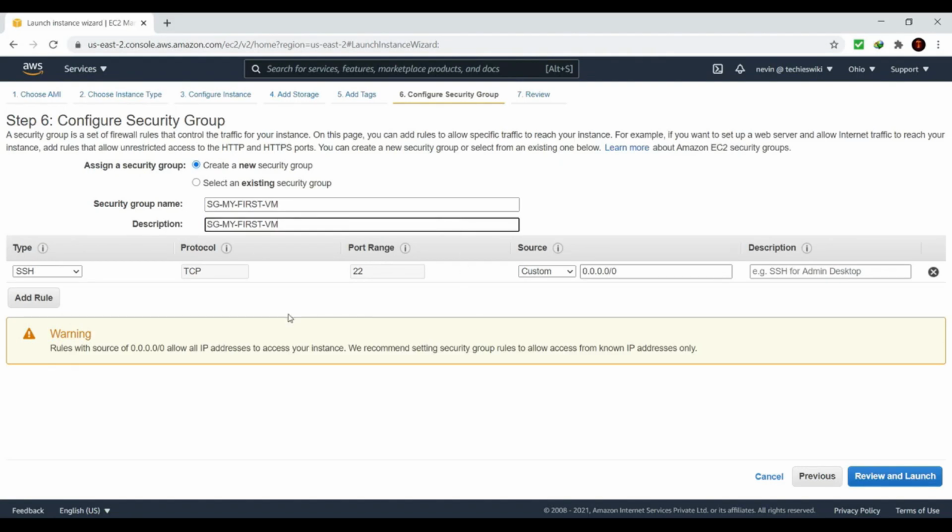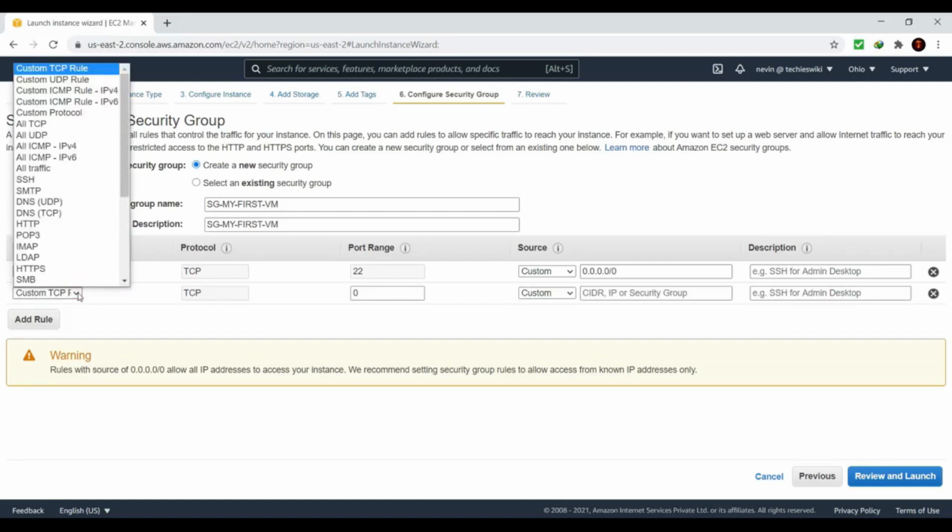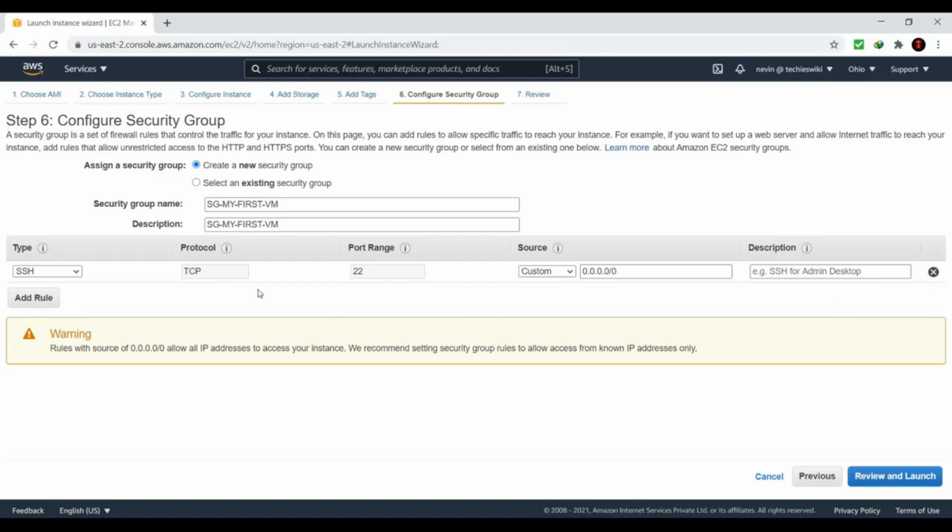And this right here is showing what kind of access you need. You can add different kinds of rules and protocols in this list. To add a new rule, you can click on this add rule button and choose the protocol you want and do other configurations. For the example, I'm using the default SSH with TCP and port range 22, and this shows the custom 0.0.0.0/0, which means it will be allowed from any IP. It is allowed to the public. You can choose to have a specific IP here if you want to allow access only from a specific IP.